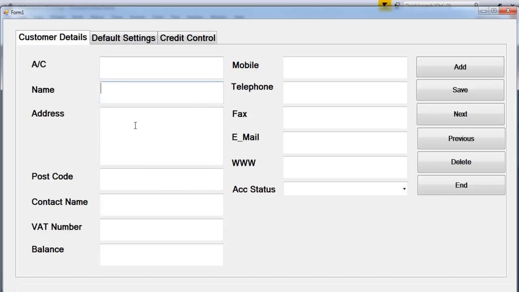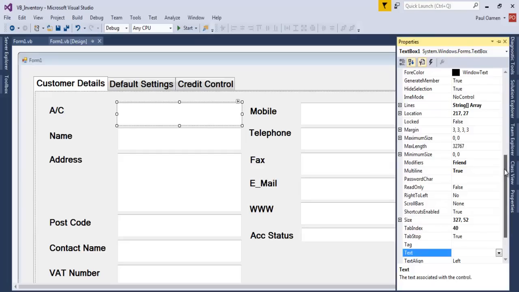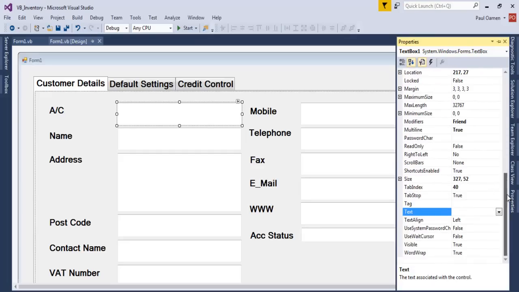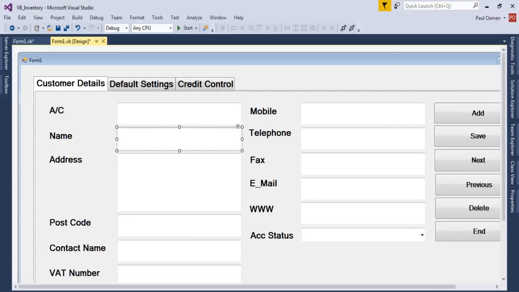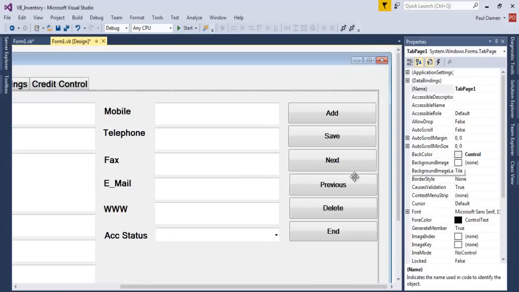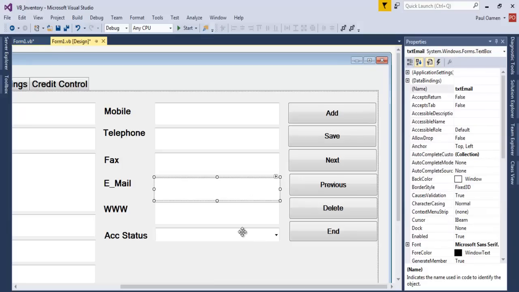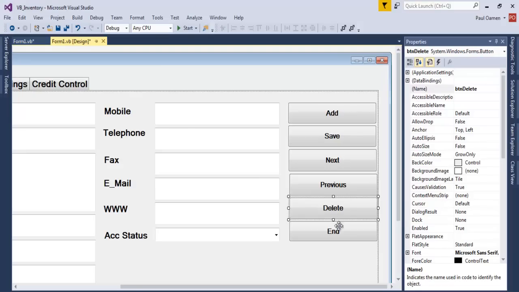Okay, so now we need to give all of these components a name. Those text boxes, let's come in here, select this very text box and just call it txt. That will be txt ac, and this is txt name. So I will just speed that up. Okay, all of the components now have their own individual names, including the combo box here, and these buttons,